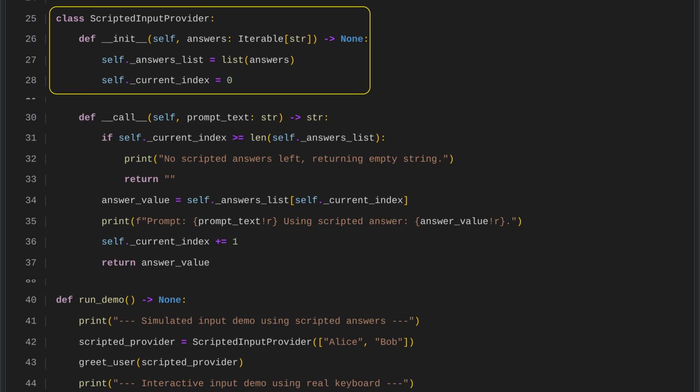The Scripted Input Provider class is used to simulate user input by returning a fixed sequence of predefined answers. Its constructor receives an iterable of strings representing these answers, converts them into a list, and stores them internally. It also keeps a current index starting at 0 to track which answer should be returned next. Each time the provider is used, it returns the next stored answer in order,